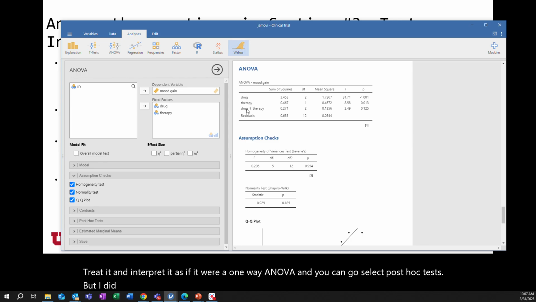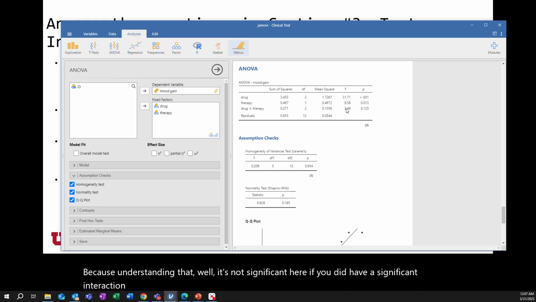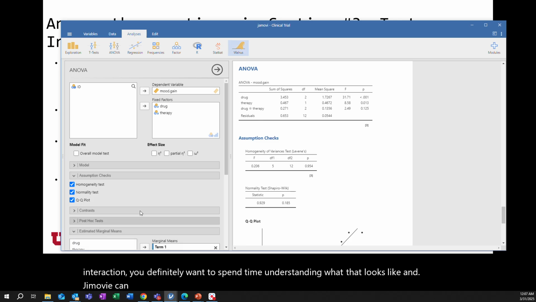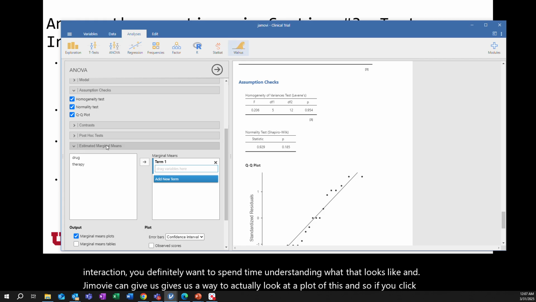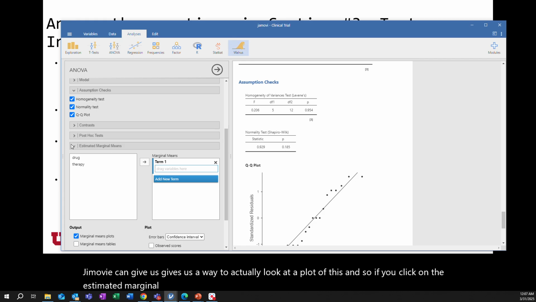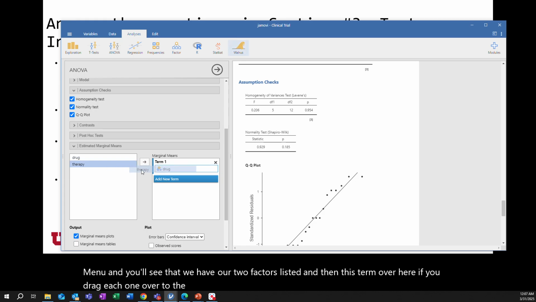But I did want to look at this interaction just a little bit, because while it's not significant here, if you did have a significant interaction, you definitely want to spend time understanding what that looks like. And Jamovi gives us a way to actually look at a plot of this. If you click on the estimated marginal means menu, you'll see that we have our two factors listed and then this term over here. If you drag each one over to the term 1 box, drug and therapy,